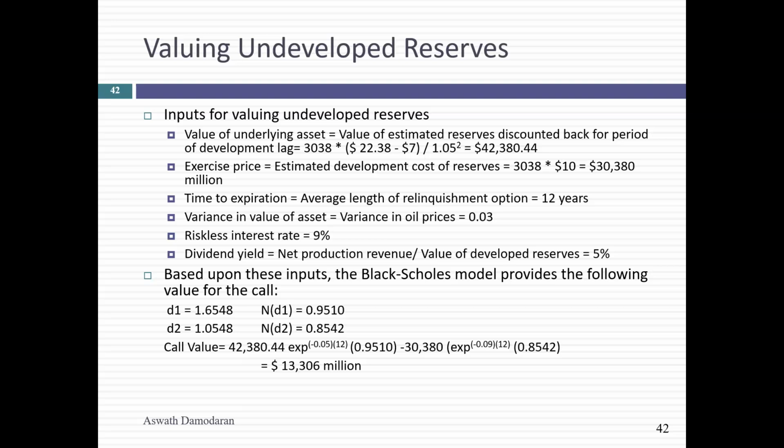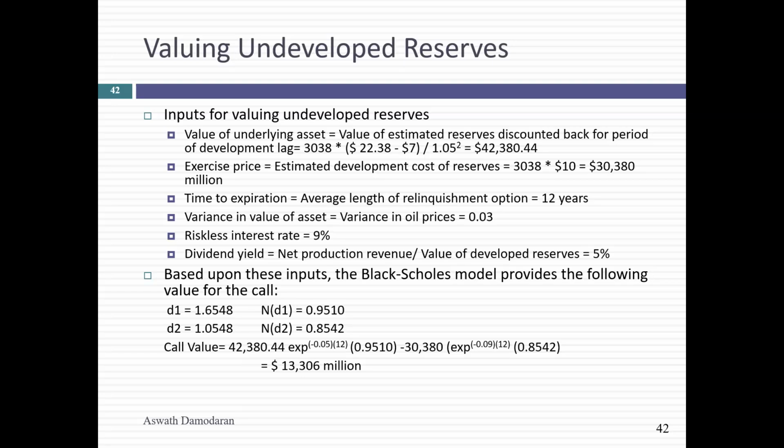Can't be time. And I'll tell you why. If I take the variance of oil prices and make it zero, what will happen to the value of the option? It's going to go to 12 billion. In other words, all of the value will disappear the minute the variance goes from 3% to 0%. If I take the variance of oil price and push it to 10%, that extra premium will jump to 2.5 billion. So it can't just be time value because it seems to be a function of the variance in the oil price.